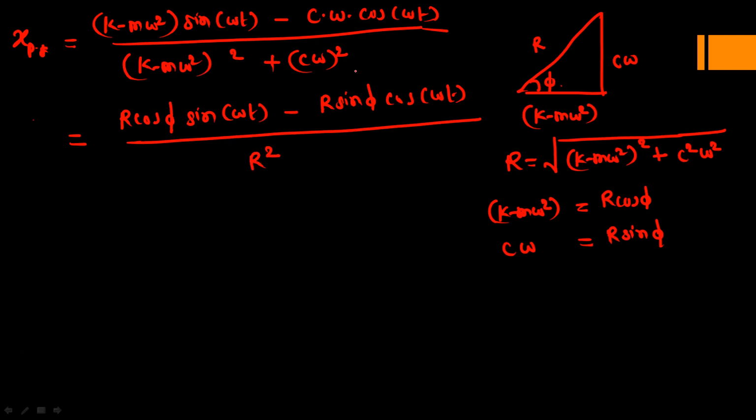So this term in the denominator is nothing but r squared. So we can take r common. So finally we will get r in the denominator. Okay, so this equation is multiplied with f0. So it is f0 in the denominator. The value is r. If you cancel out the r value,